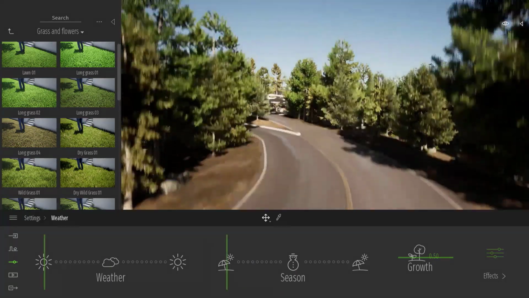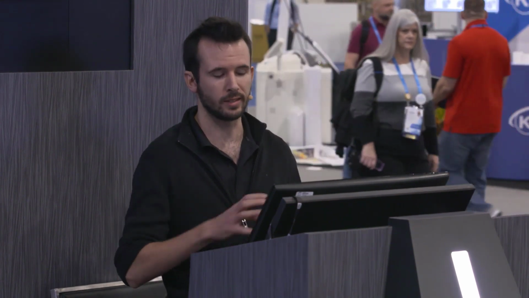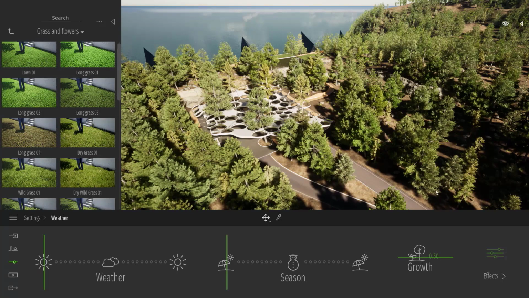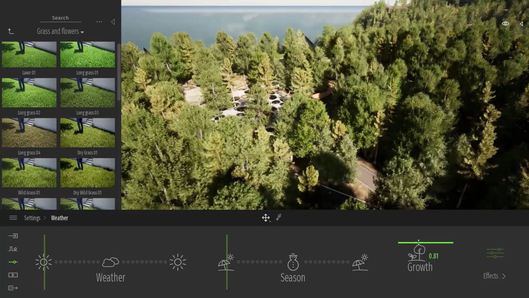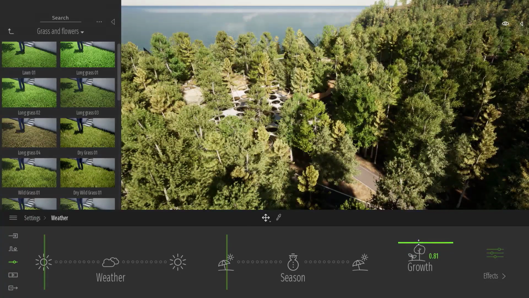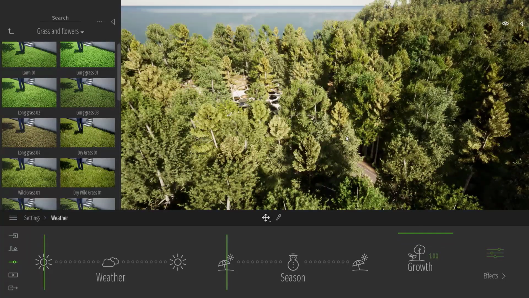What is really new is the new slider that we call the growth. I've told you that all the trees exist in 3 different ages, and we wanted to give the user the possibility to visualize the project at delivery. So this is the project at delivery, and if I select this slider, I can visualize how the vegetation will evolve over time. So in 20 years, it might look like that, and in 30, 45 years, I can't even see my project anymore.